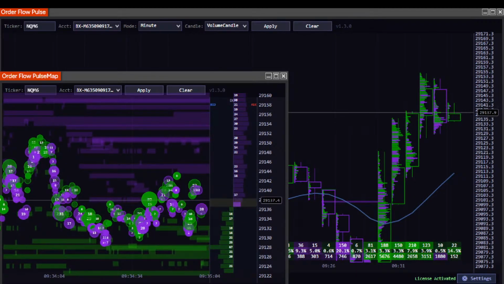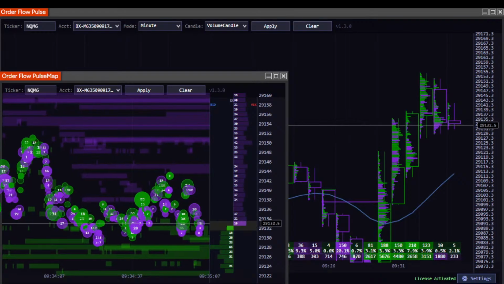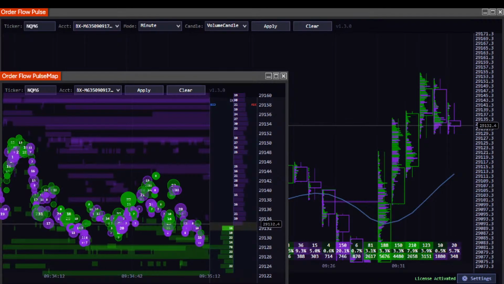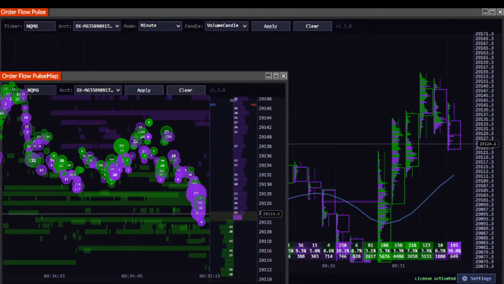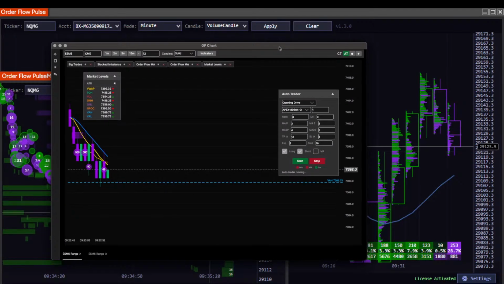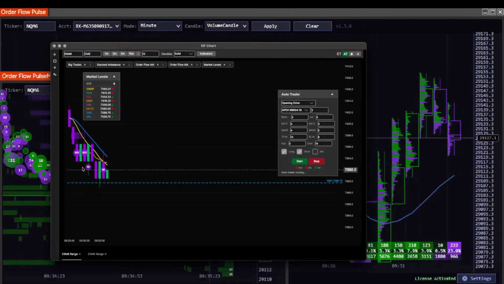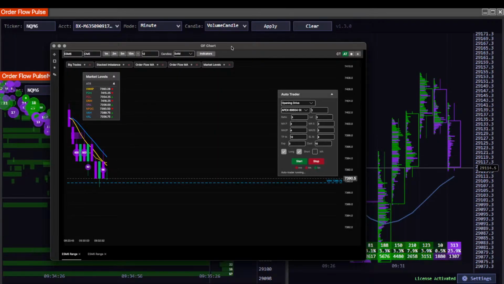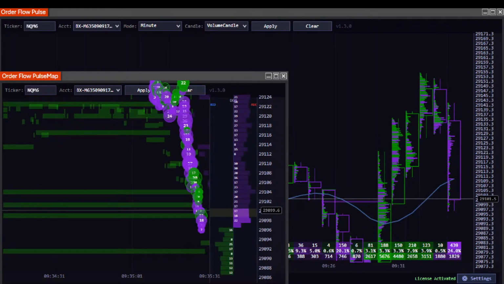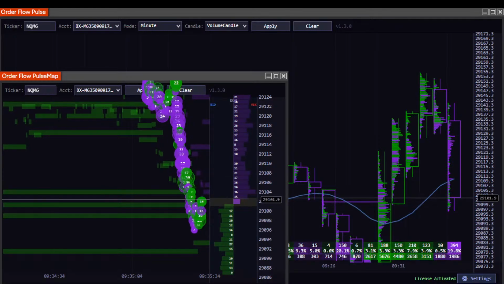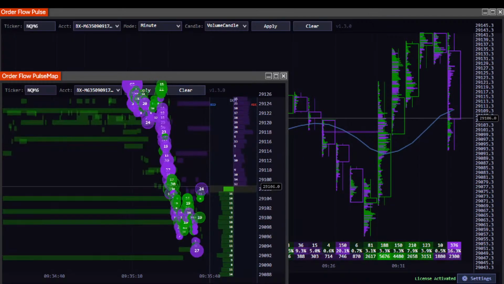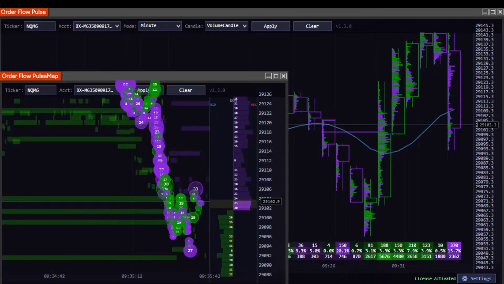This is not what I want for an opening drive. We got some selling in the ES. As you can see right here, we've got like 500 single order contracts, 50, 66. So it is kind of heavy. There we go, this is what we want. We want a little bit of a dump. All I need is lower imbalance, and then hopefully this thing will shoot off a trade.